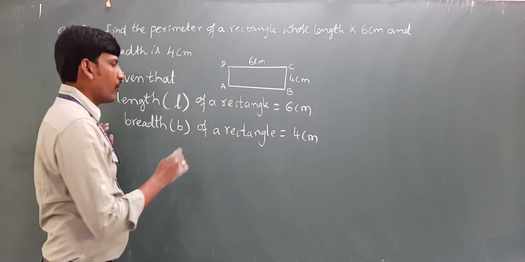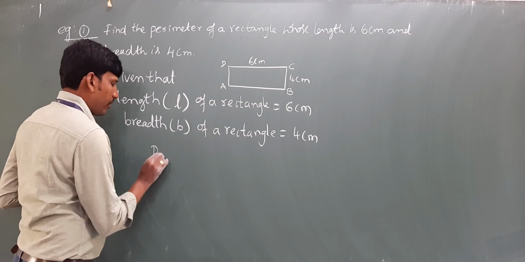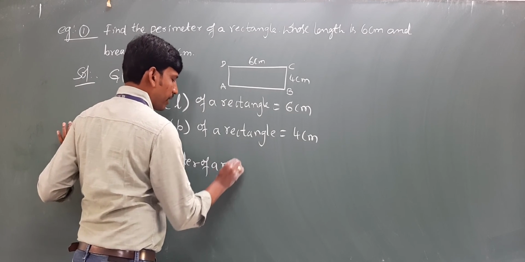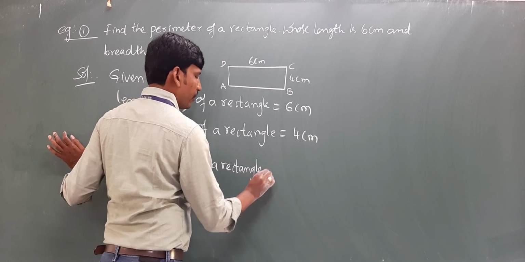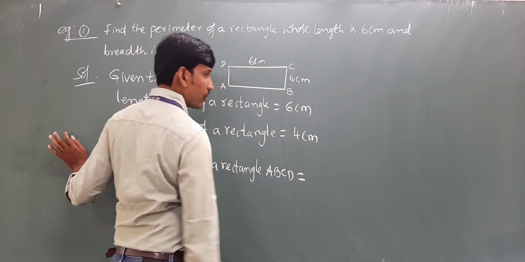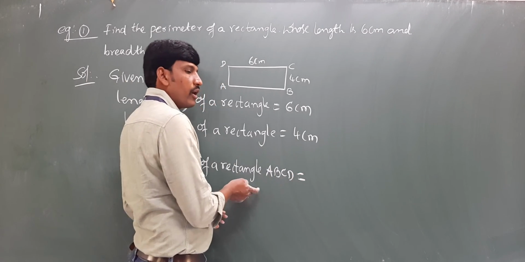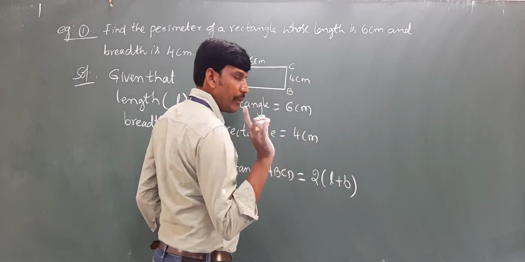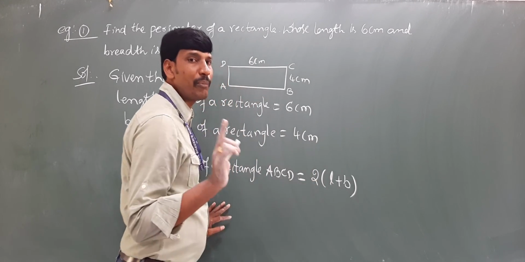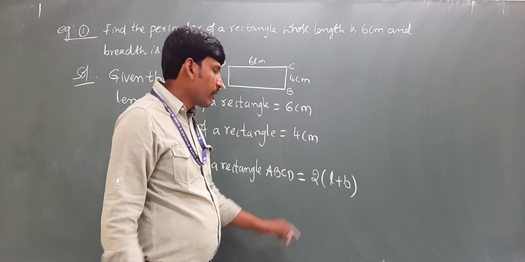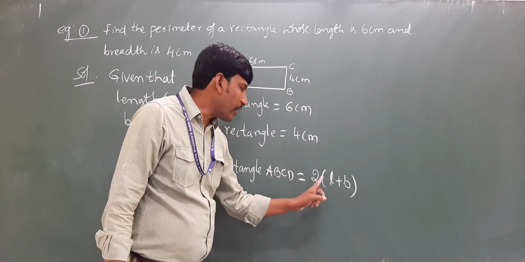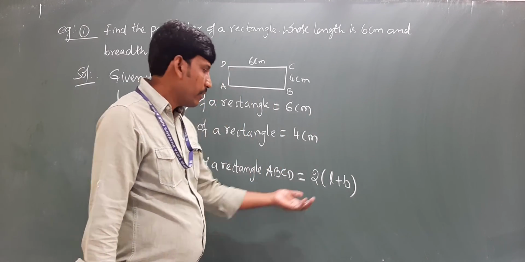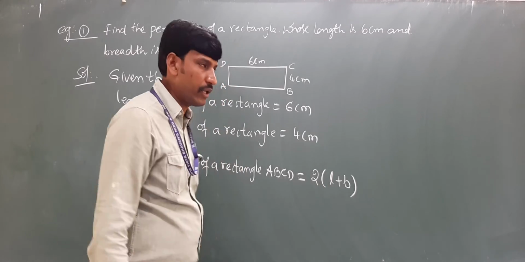Okay, now what is the formula? Therefore, perimeter of rectangle ABCD is equal to, you can use the formula from here, 2 into L plus B. Keep it in mind always: bracket indicates multiply. Don't write the into mark, you please write the bracket only. If you write the into mark, you will get confusion. So keep it in mind, BODMAS rule: bracket is first, then outside the value we need to simplify.